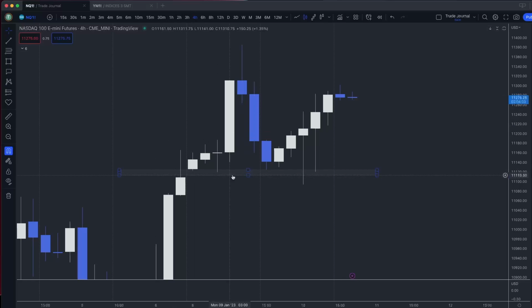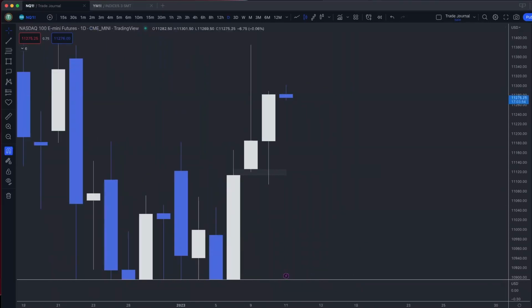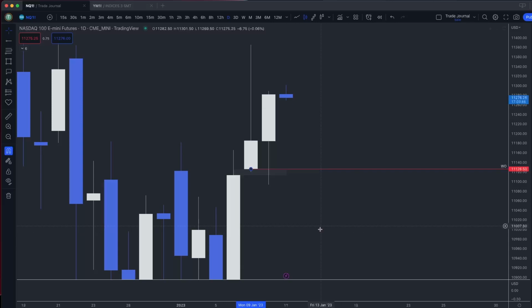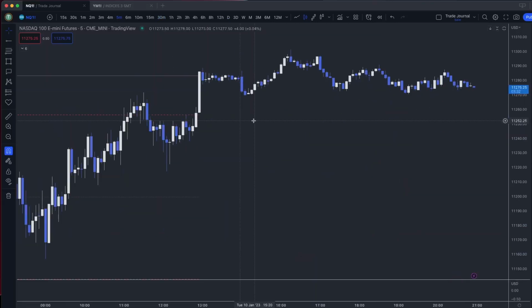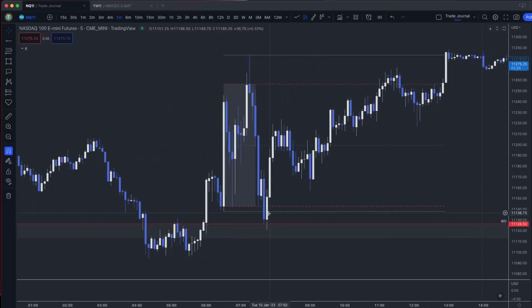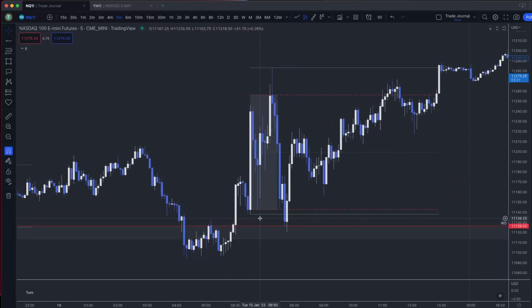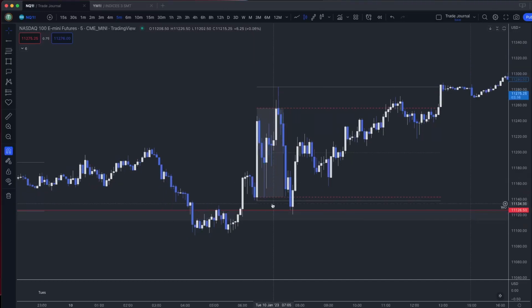So we have this point of interest here, this higher time frame point of interest below the DR low. And then we also have, if we go back to the daily chart, we know that this candle from Monday is our weekly open. So we have our key level. And so what is this DR break doing? Is it a signal to go short? Or is it just testing something that was created here, some imbalance or inefficiency? We're taking out sell stops. If you look at it from the perspective of a false start, we've talked about that before, market right at the New York Stock Exchange open has this huge candle up.